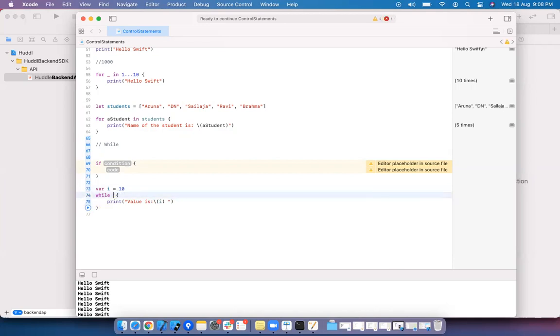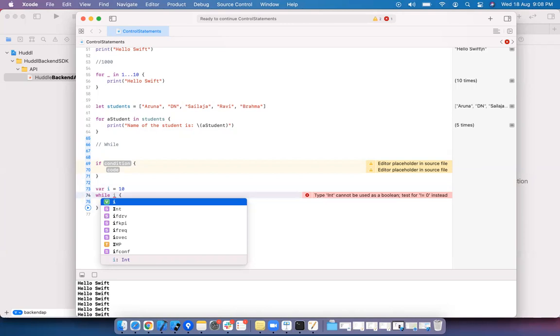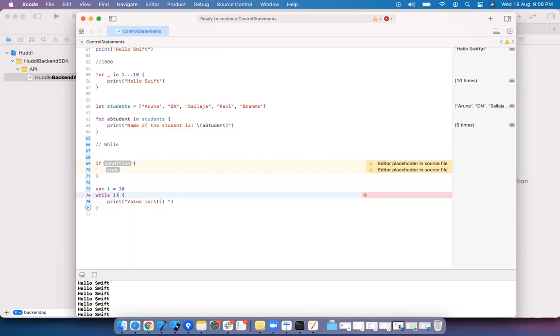Here I'm writing the condition. You don't even need braces. While i not equal to 0, print. I'll make it i minus equal to 1.